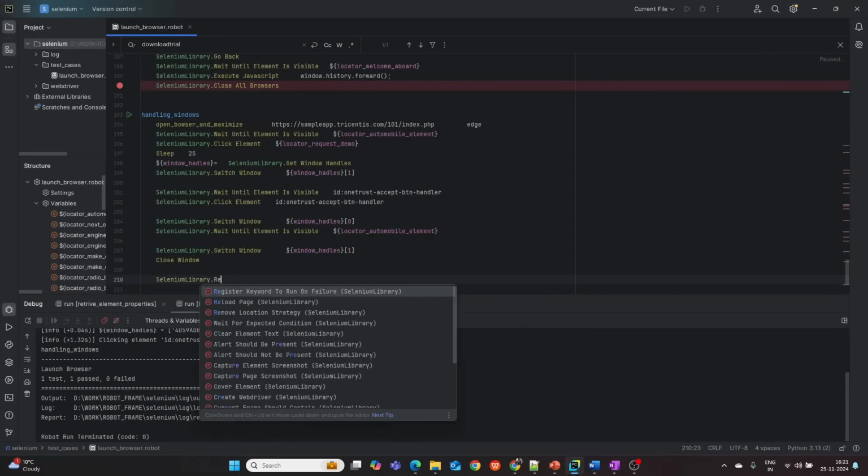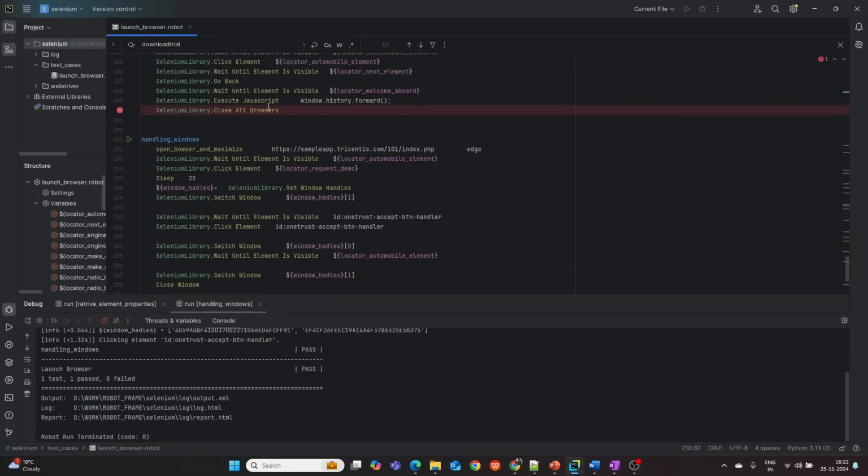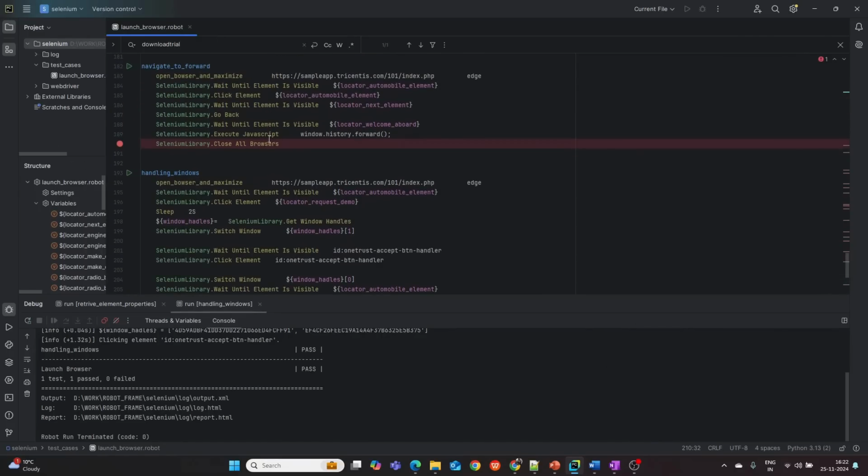Selenium reload page. Okay, the reload page is a keyword that performs the refresh operation on the current web page. Okay, and similarly, how we navigated to the front using window history forward, we can also do the same